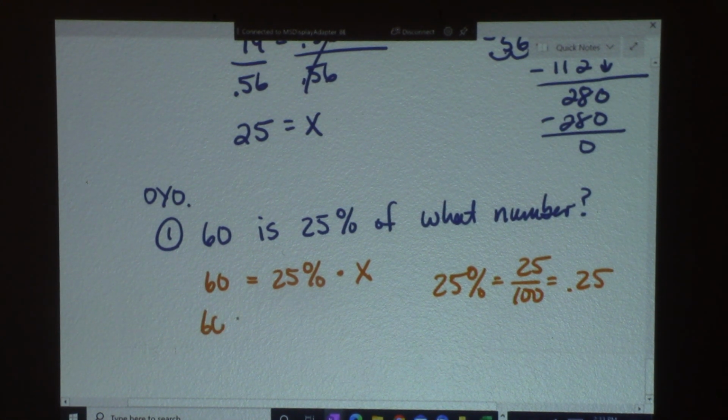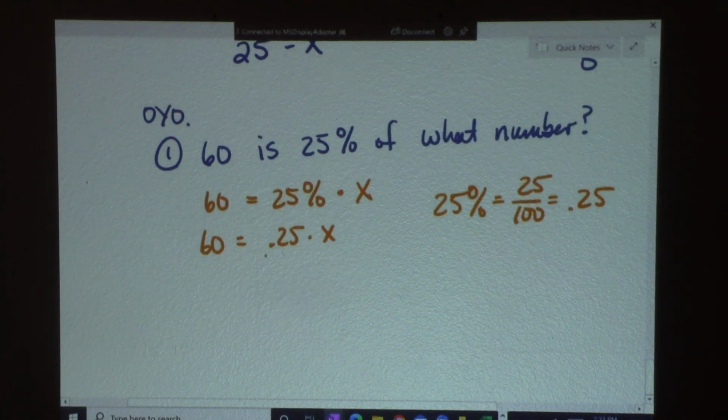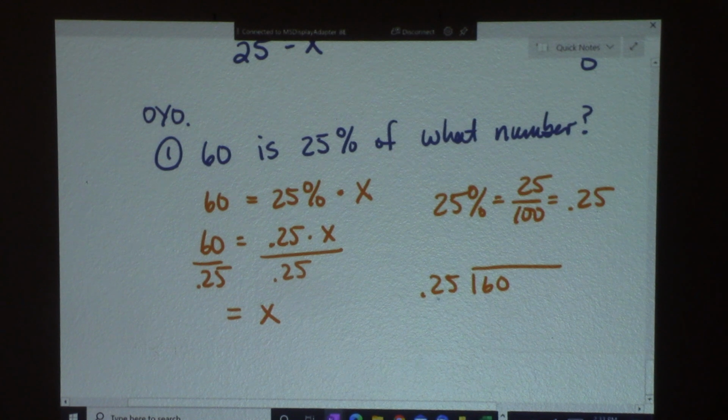So now I have 60 equals 0.25 times x. Divide by 0.25. And remember, 0.25 goes right there. And when I work that out, let's see, I get 2, bring down the 0,